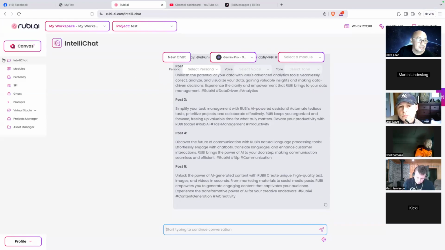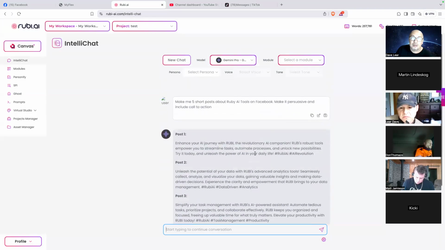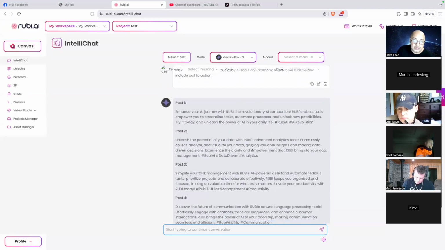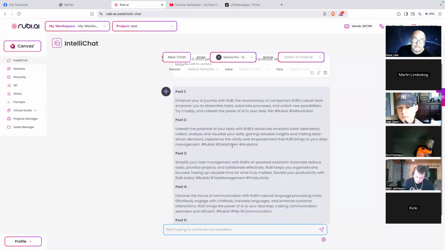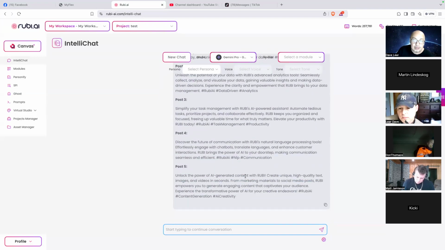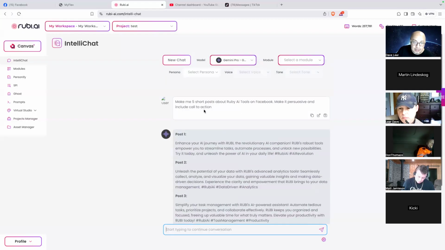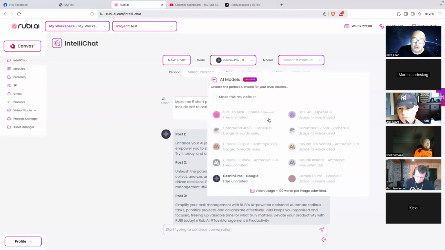Okay, so that's for the IntelliChat, and there's a lot you can do here. Okay, if you're not satisfied there, you can even change the chatbots without rewriting everything. We call this the prompt. All you have to do is this: Gemini Pro, so we can now use GPT-4o OpenAI.